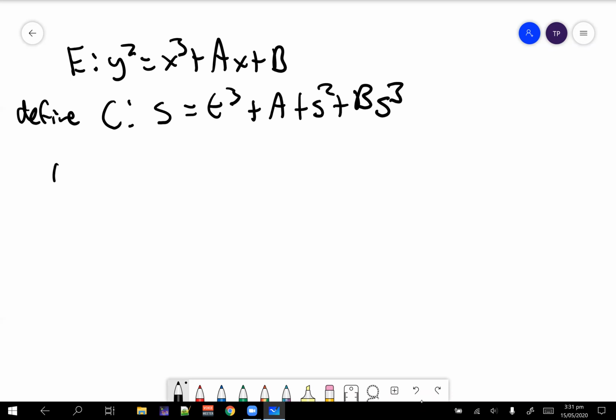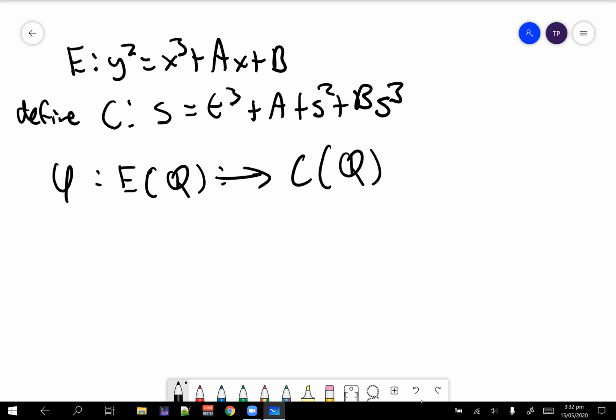And if we take the map phi from the rational points of E to the rational points of the second curve,